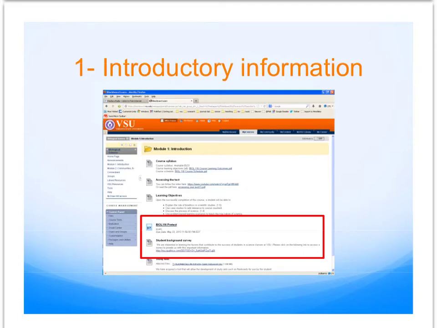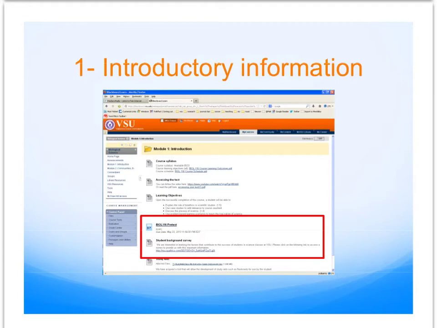If you follow the link that is there, you'll open up a survey. It'll probably take you about 10 or 15 minutes to do it. It'll give us some information on your background as well as how you tend to approach problems. Neither one of these is graded, but it will provide us helpful information on you as a student, where you're coming from, what biology background you have, what information you know, so we can try to best serve you with this course.